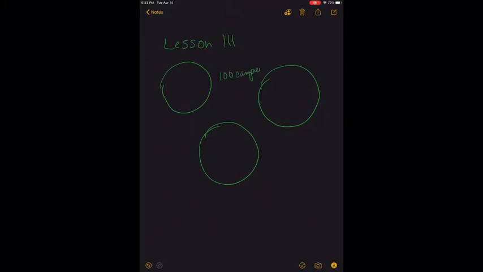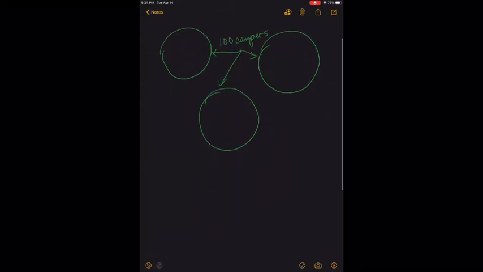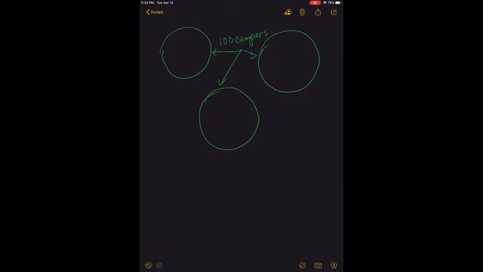Okay, so we want to take those 100 campers and divide them as evenly as possible into these 3 campgrounds. Well, the very first thing you notice probably is that 100 is not equally divided by 3. So that gives us a little bit of a problem. And that's really what the challenge of these problems are. You have to take into consideration